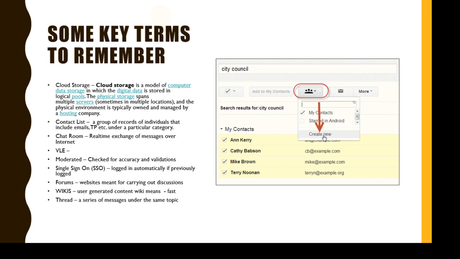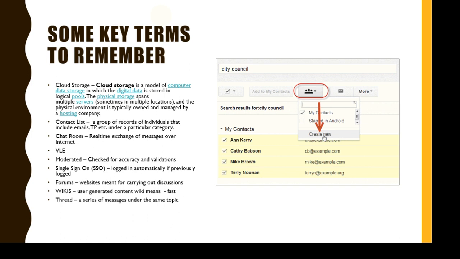But that's how it is, and that is done to reduce the overload on a central server, so things are distributed. And it will be connected to the nearest server closer to you. That's how it works, and it's managed by a hosting company like Google, for example.